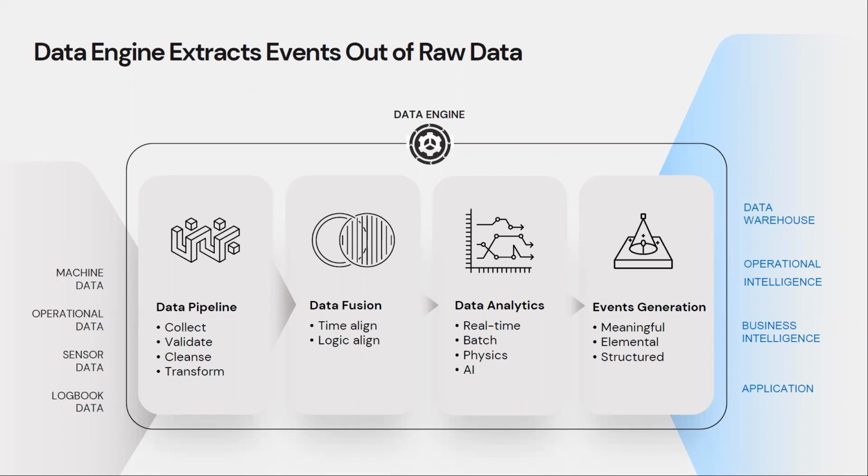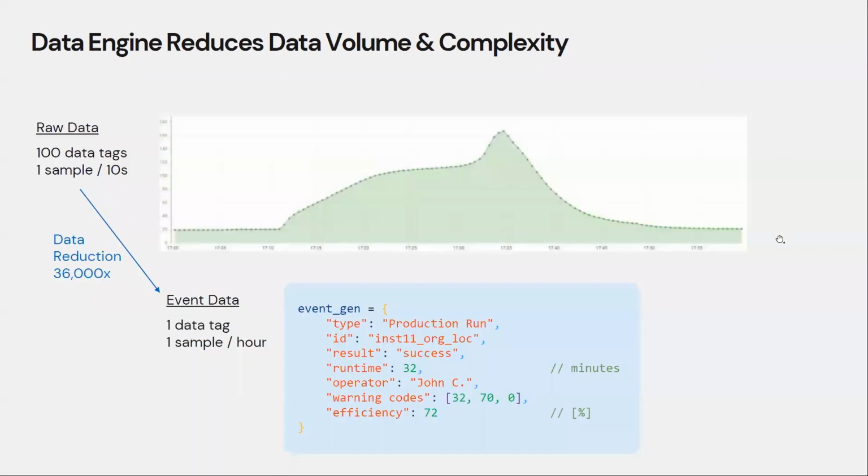The events are not the final intelligence. They are the fundamental blocks that enable data analysts or engineers to work on the final data intelligence in both operational intelligence, which is typically real-time intelligence, or business intelligence, which is typically based on batch or historical analytics. So what we discussed before is that a data engine is really able to reduce both data volume and